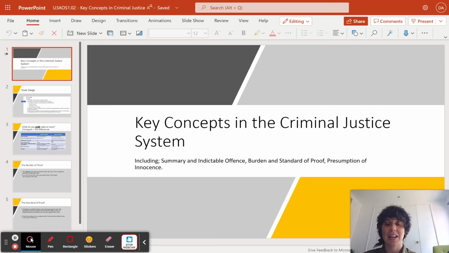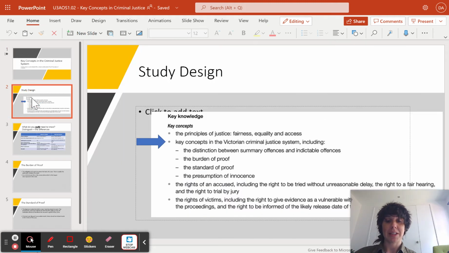Hello there. Today we're going to be learning about the key concepts in the criminal justice system and other things in relation to that. This is point 2 of the study design. So here we go. All right, so if you see the study design here,